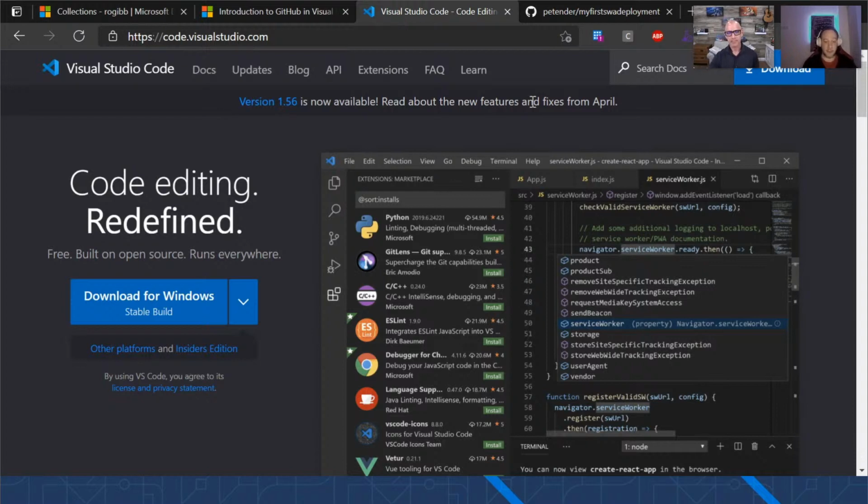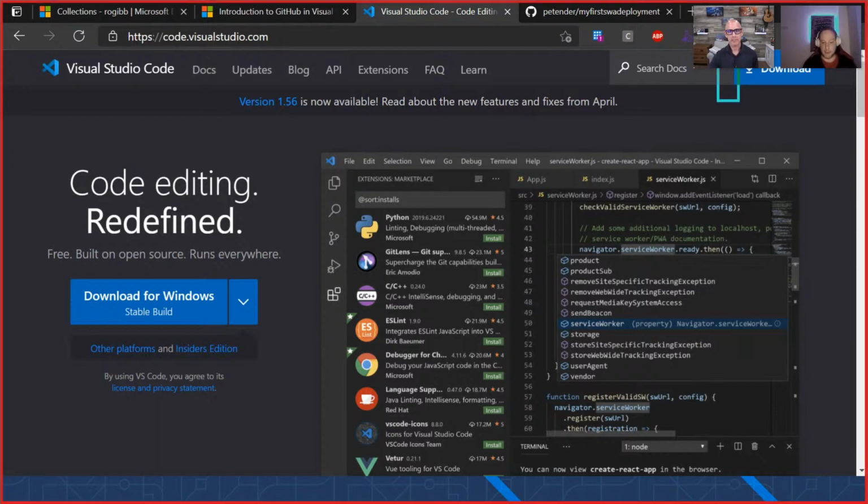From here, it's really as convenient as going to the download section and downloading it. Apparently, there's a stable build, and I can imagine that you can participate in some preview builds, which I'm not going to do for now because I don't want to blow up my demos for the session.